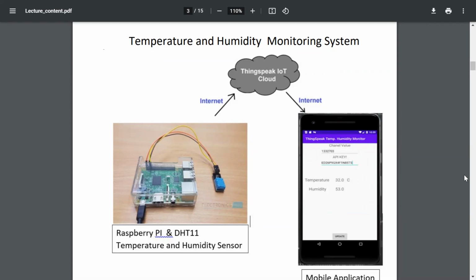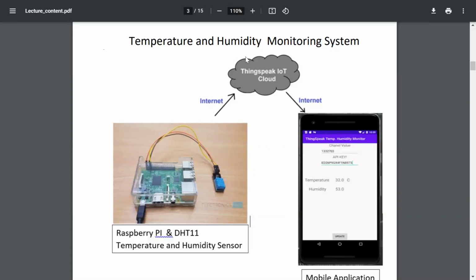The function of each component is as follows. The Raspberry Pi reads temperature and humidity from the DHT11 sensor. We are going to write a Python program which will run on this Raspberry Pi. It will read temperature and humidity using this sensor, then send the data to the ThingSpeak cloud.